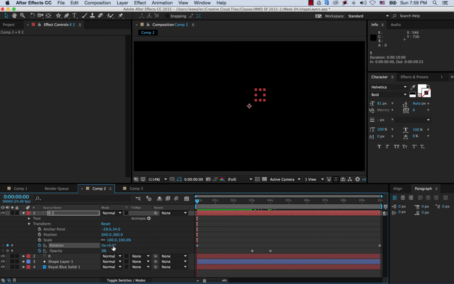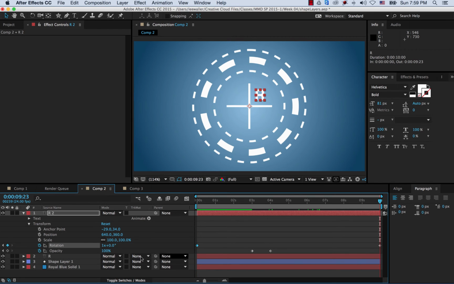Just click on the 0.0 degrees and type in 90 and hit enter. So we've added that to the first keyframe. Now let's go to the last keyframe and add in 90 degrees again, so that now we have our 2 R's